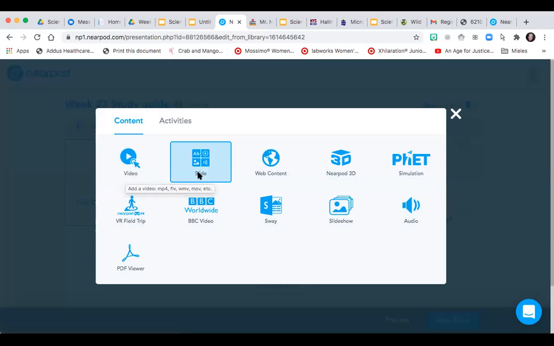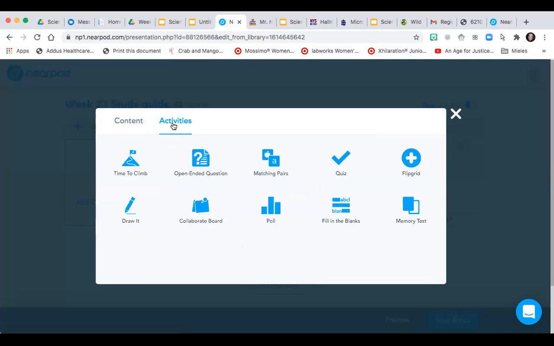You can add videos, slides, web content, etc. There's a ton of different things in here, and also interactive activities with students, which is mostly what I am going to be focusing on today. So the first one I used was matching pairs. All I have to do is click matching pairs,